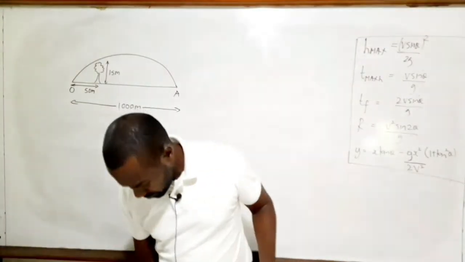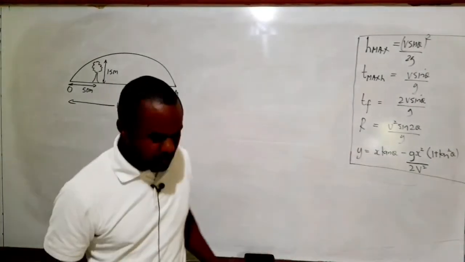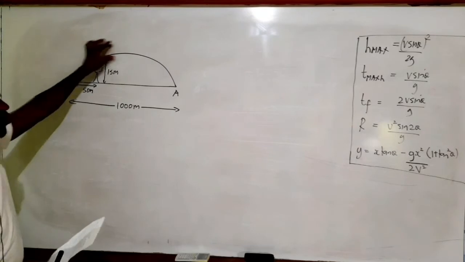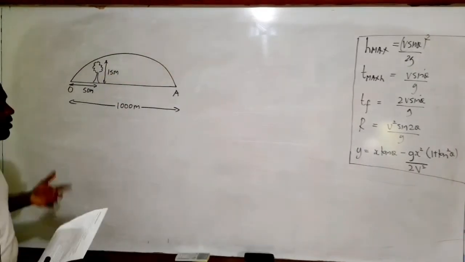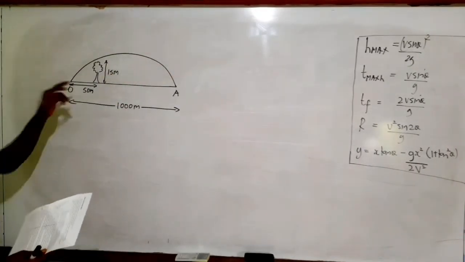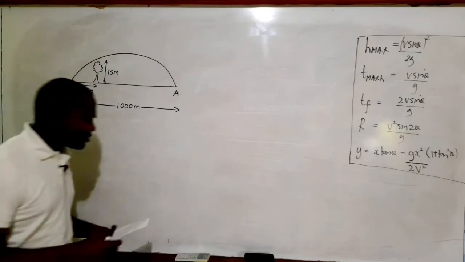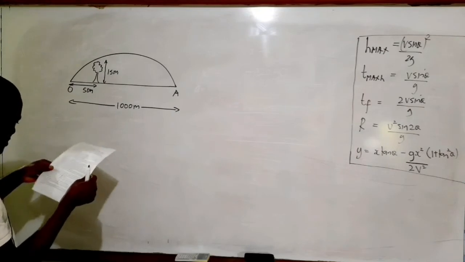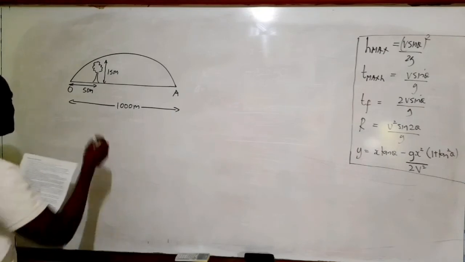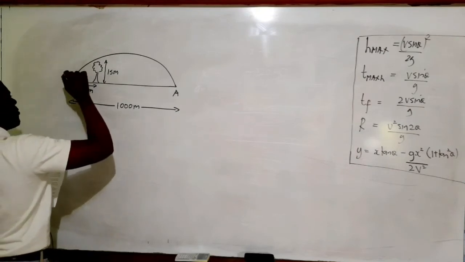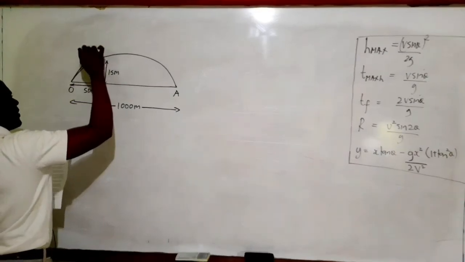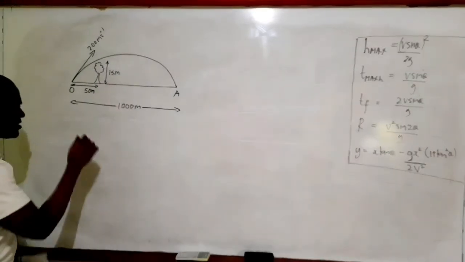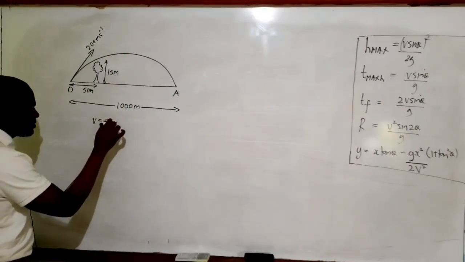target to be hit. Now, for the target to be hit, it simply means that the trajectory must be over the tree. If it falls below that, then it means that the bullet will strike the tree and the target will not be hit. So we know that the information we have is the velocity. Oh, we don't know the angle. So the velocity is 200 meters per second. The launch velocity V is equal to 200 meters per second,